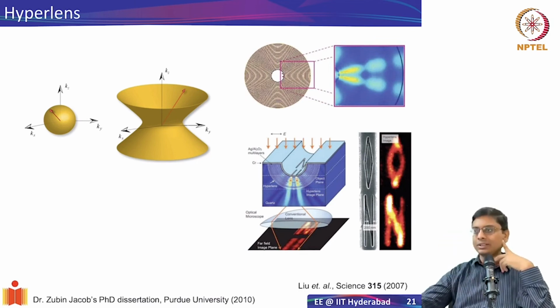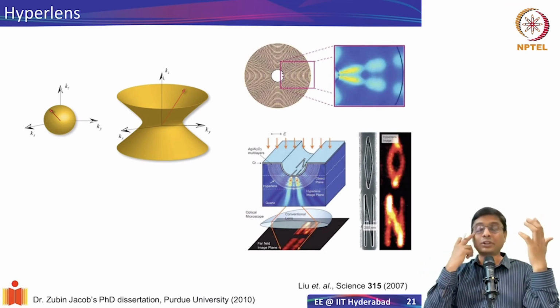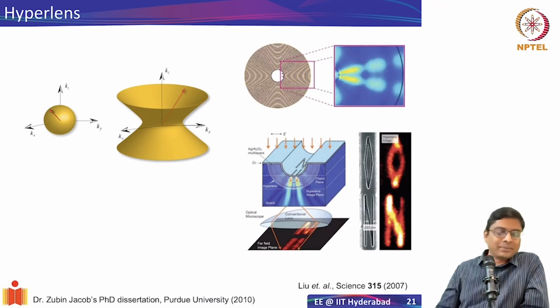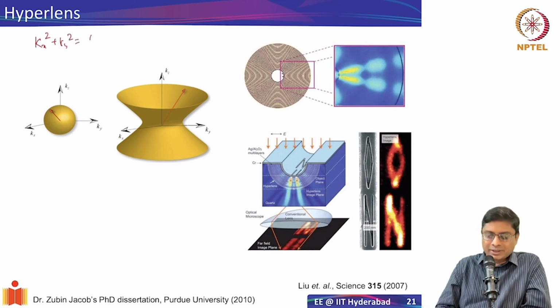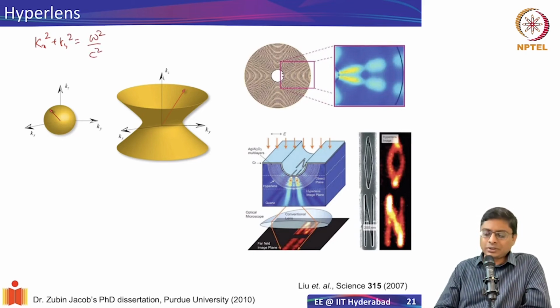What they said was that the origin of the diffraction limit is basically that the higher spatial k vectors are not able to propagate. If you take a regular isotropic medium, we already saw that kx square plus ky square is going to be equal to omega square by c square. If I have a medium, there's going to be an n. n is essentially root of epsilon, so n square will be epsilon. So if I have any other medium, I can divide by epsilon. This is my